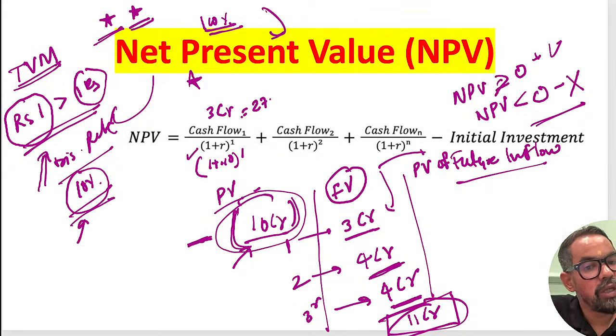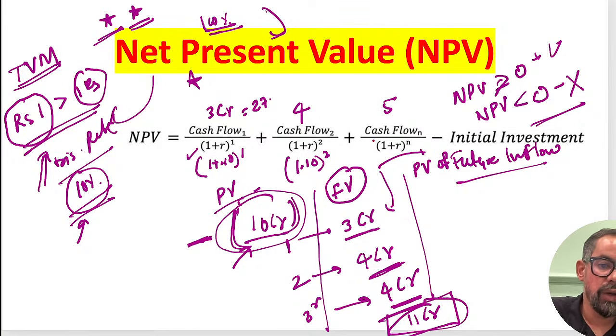ठीक है. तो 3 crores divide by 1.10 की power 1. Here it is 4 crore divide by 1.10 की power 2. And here it is 5 crores divide by 1.10 की power 3. तो ये power 3 वाला case we have discussed earlier also. 1.10 max to max you will get for 5 years if they ask you. तो 1.10 into 1.10, you will get this. तो reject, everyone is saying reject.